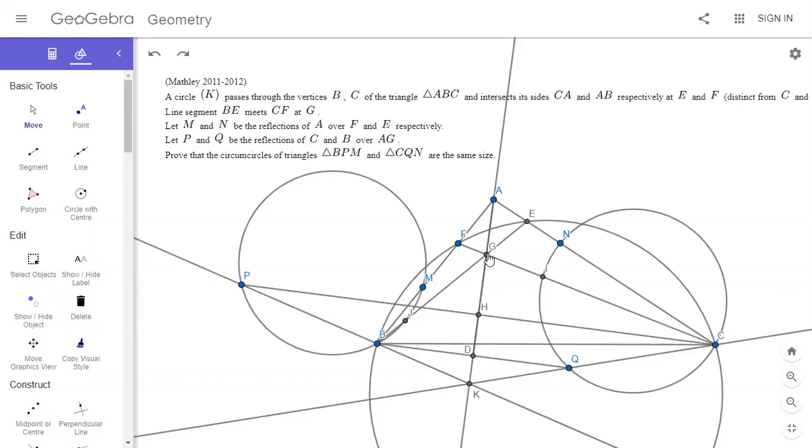Yeah, by symmetry, AG, PQ, and PB and CQ concur at a point K. And that point K, we know lies on the radical axis by symmetry, because KB times KP. And so since A is also on the radical axis, this whole line is the radical axis. And then